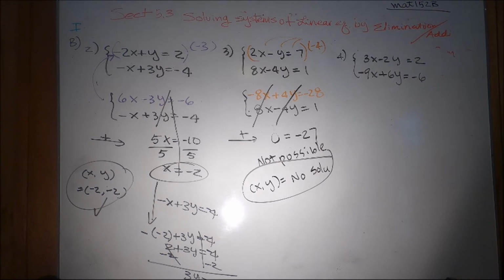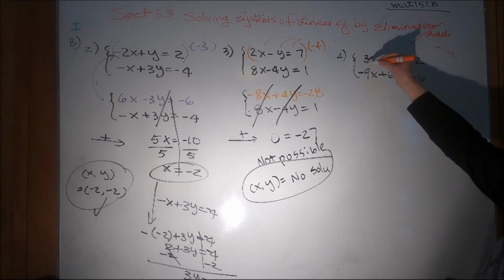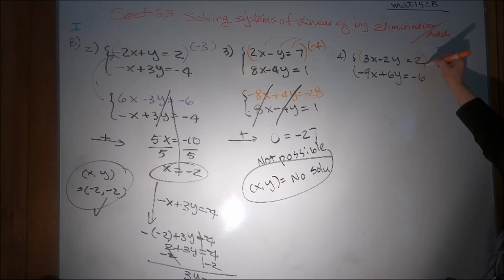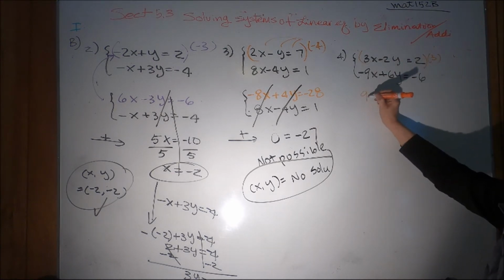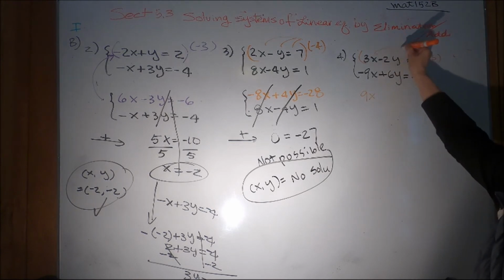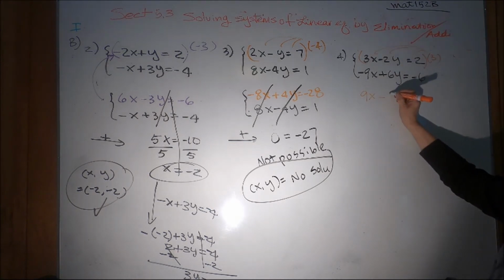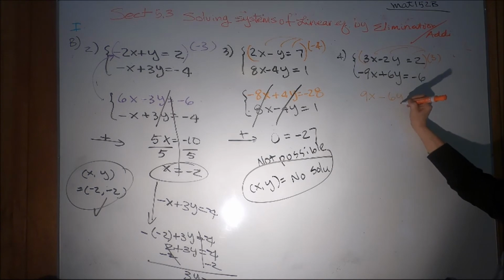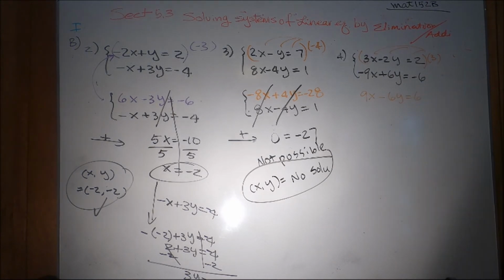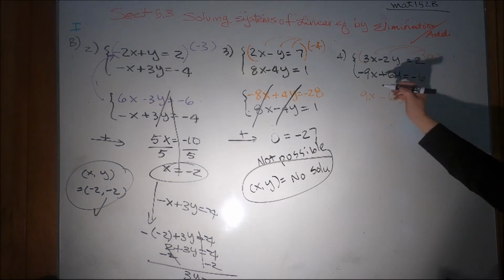One positive, one negative. So we say, okay, let's get rid of x by multiplying by 3. So what do I have? 9x, distribute, right? Minus 6y equals 6, right? Then you will rewrite the second equation